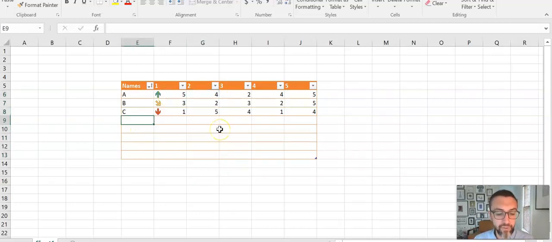Now, as I put in a new student here, so now we have student D, and as I put in a new one of those, it's going to actually continue to keep that format all the way down. Okay, so now I have student E, and he's got like 7, and now see how it changes everything. So you can use this to actually